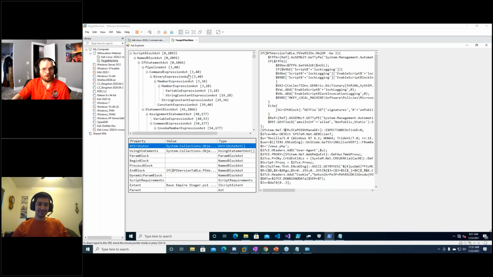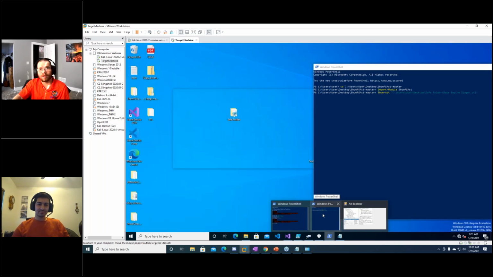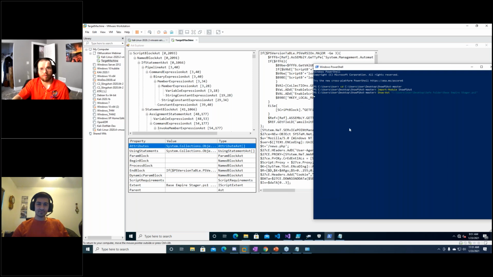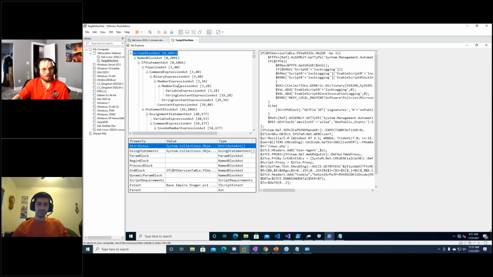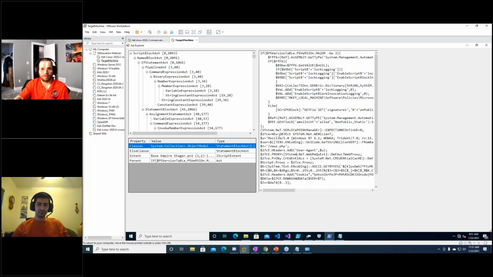So this just has the breakdown of all our ASTs, sorry. Like I said, it's called show AST. You can find it on GitHub. It shows an if statement, and you can click it and it highlights what this AST is composed of in your code. It's hard to update in here, but it will let you modify your code and then refresh it to show the changes in your